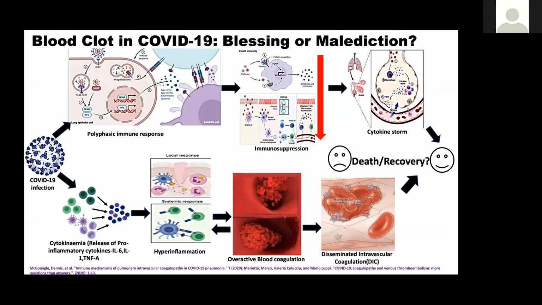That leads to cytokinemia, meaning overexpression of cytokines, where pro-inflammatory cytokines are secreted, like IL-6, IL-1 and TNF-alpha. These cytokines control thrombin activation as well as anticoagulant activity. But in COVID patients, these are not regulated properly. So excess thrombin is released, which results in microthrombosis, that is, small micro blood clot formation in various parts of